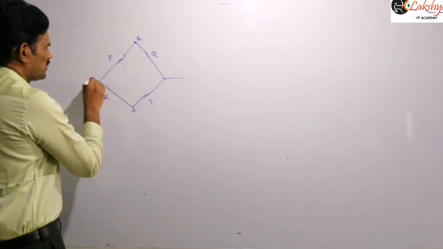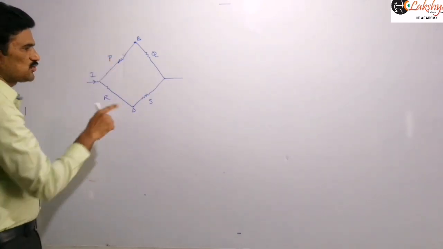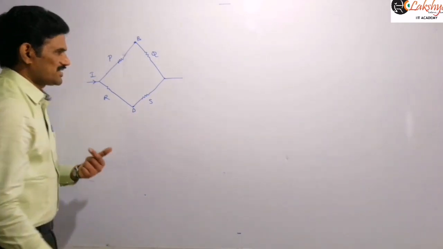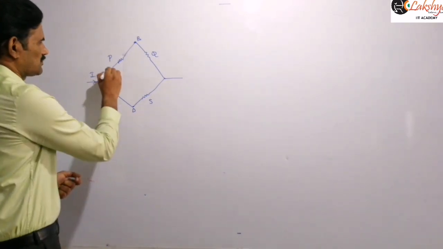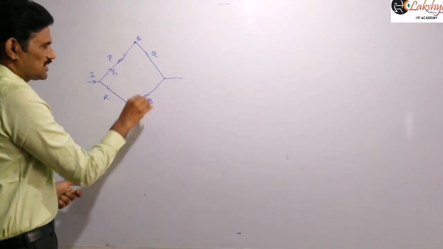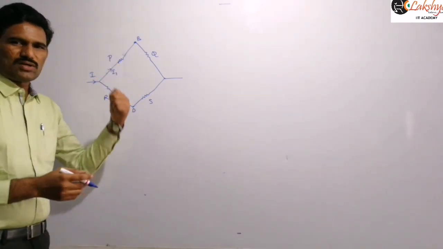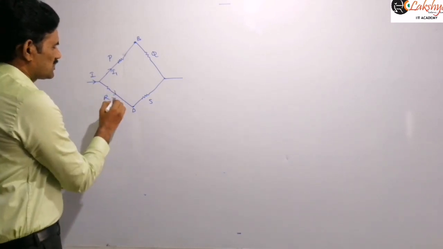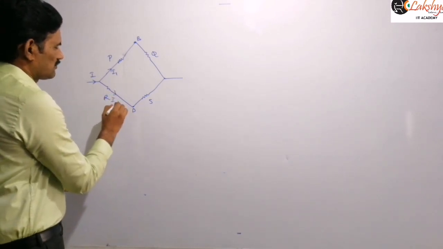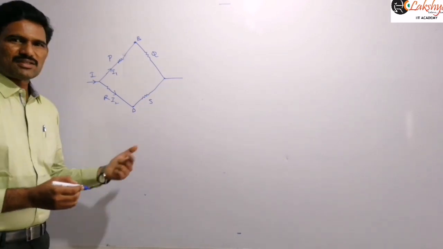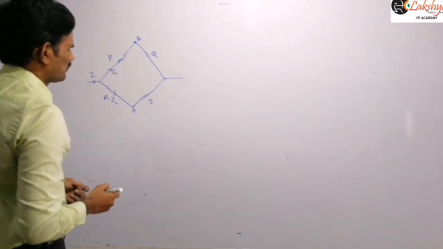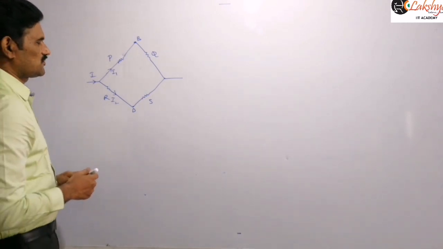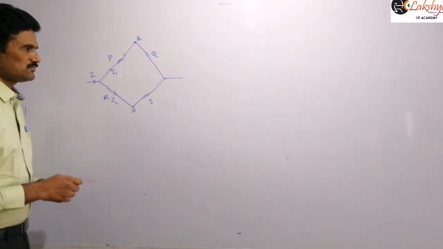So we need to identify whether current is flowing from B to D or D to B if it is not a balanced Wheatstone bridge. So for that, generally how we will consider this is, if nothing is there here, we consider that no resistor is connected between B and D. Then we will identify the potentials of points B and D. By identifying that, you can identify whether current is flowing from B to D or D to B. So let us see here.